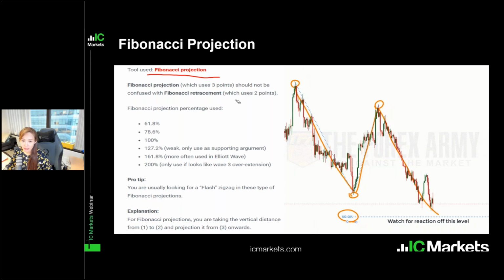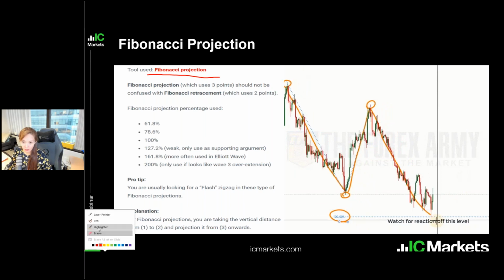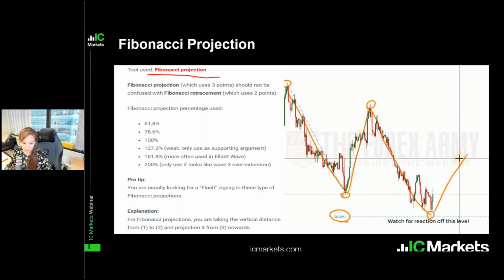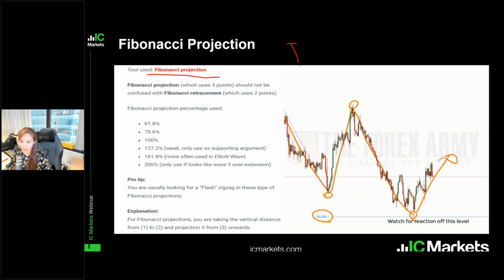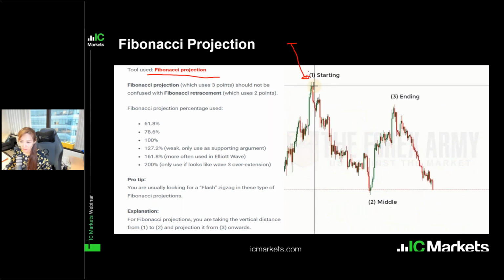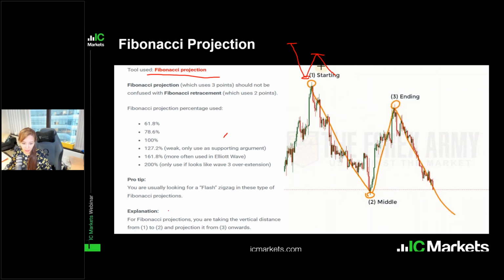For retracement, we only use two points. You draw from the starting point to the ending point, then you wait for the price to pull back, and then you enter from here. This is Fibonacci retracement. And for projection,